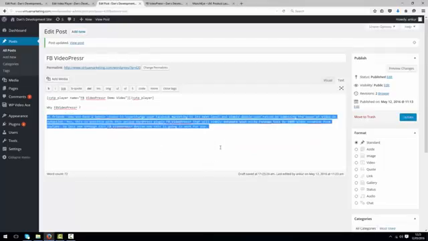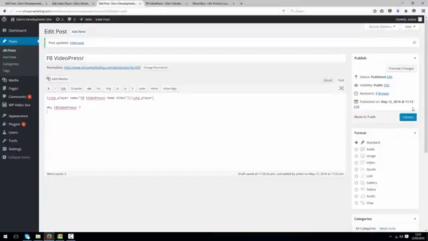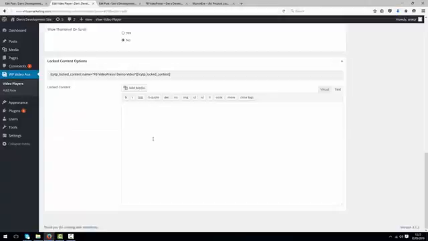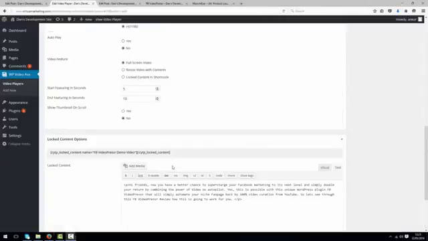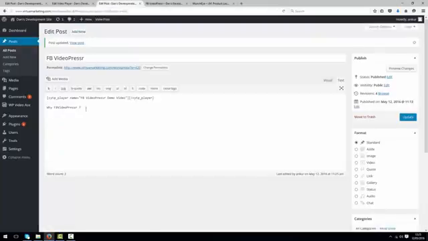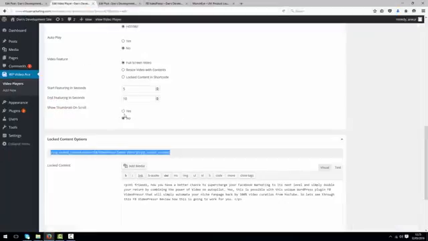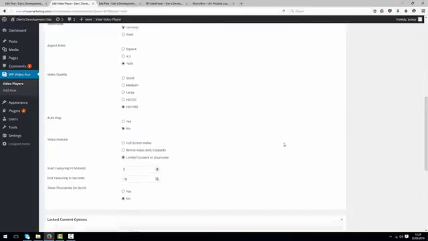So maybe I take it out of the post, and then we'll update the post. And instead of putting it there, we put it in this locked content section here. Now all I need to do is take this special locked content shortcode, put the shortcode in my post here. And now you will see that instead of at 5 seconds the video going to full screen mode, and we just update this,